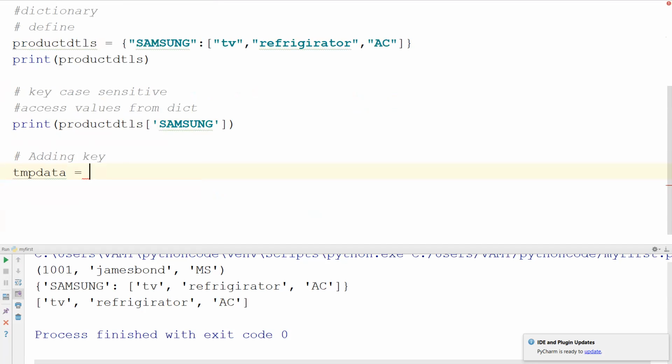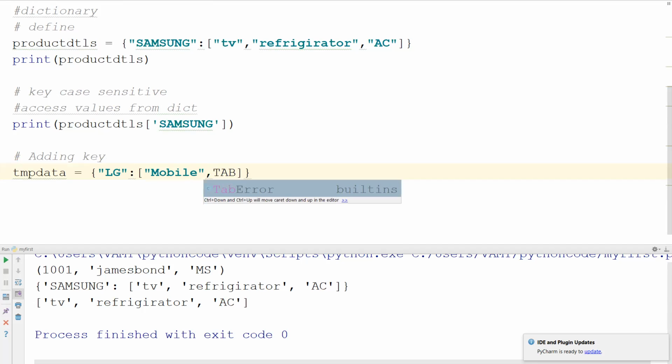I'm defining the dictionary, and my key and values are separated by a colon. My key is LG, and my values are mobile phone and tab.